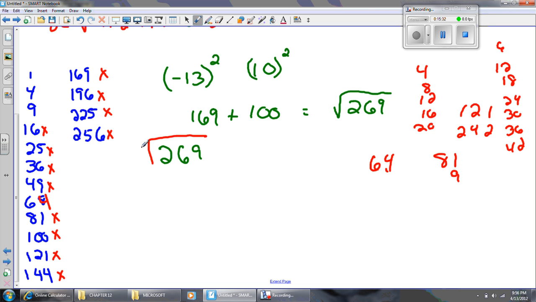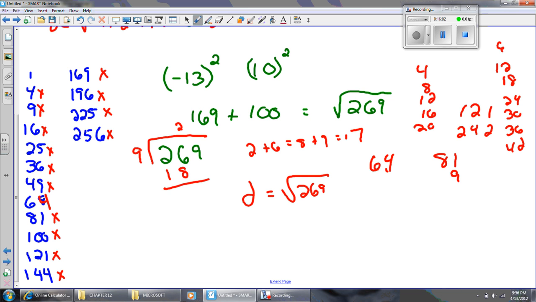All right, 9 is going to go into 26 two times, 18. Oh, you know what I should really do instead of doing long division? I should use my trick. 2 plus 6 is 8, and 8 plus 9 is 17. And 9 does not go in 17. 9's not going to work. 4 is not going to work. There are no perfect squares that go into 269, so my distance formula answer is radical